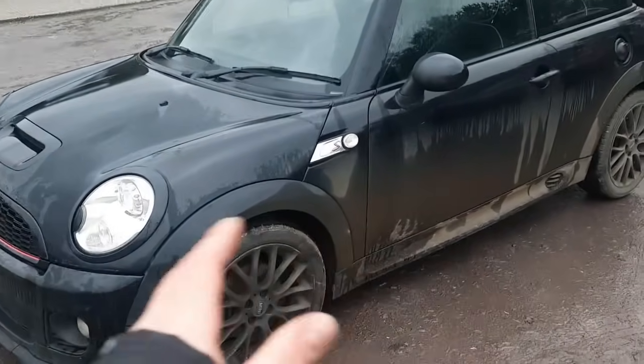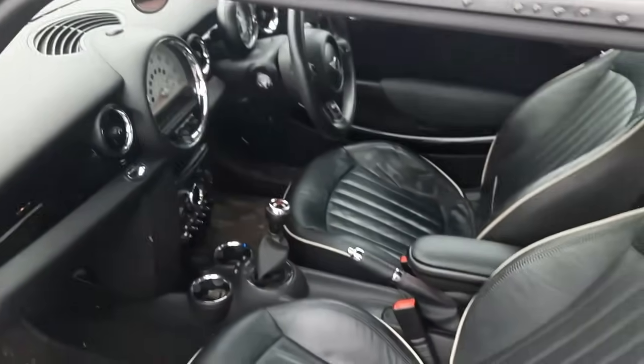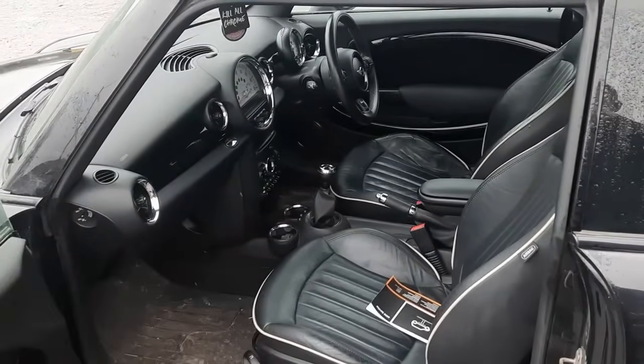Condition-wise, obviously hard to tell with the mud on it, but the bodywork itself looks all good. It doesn't look like we're going to be doing any bodywork, maybe a bit of touching up of the alloys. It's got the nice leather inside, which is in good condition. It's got a part service history, which you could say might be the reason the timing chain has gone. It's not got a full service history, but I don't really know whether the changing of oil affects the plastics on those